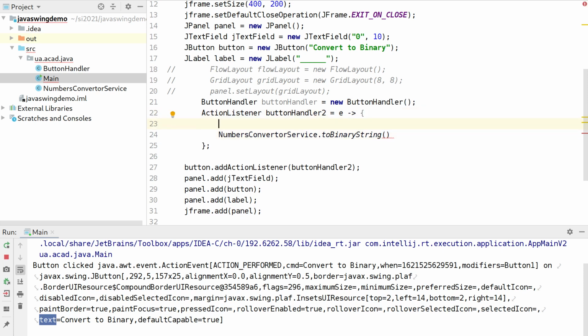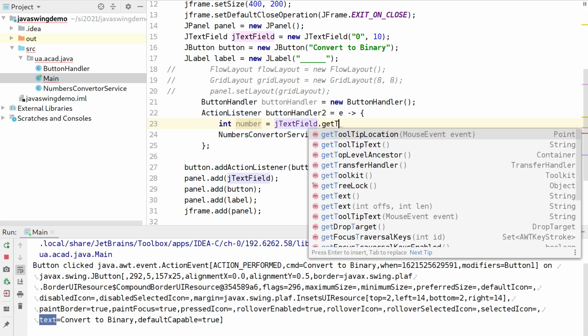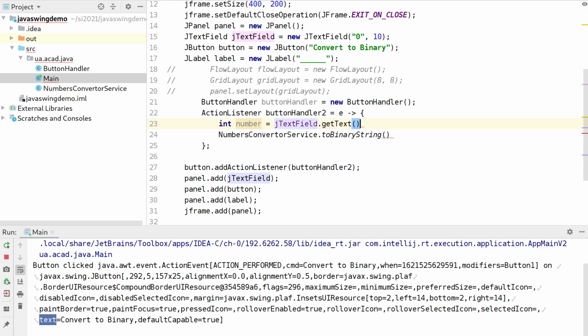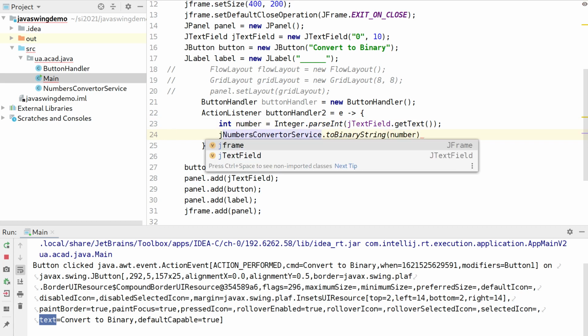We have to take some value. Where can we take this value? We have to take the number, and where will it come from? We take it from the text field, yes, JTextField, getText. We can take this text, but we have to convert it into a value. So what we'll do is Integer.parseInt, and we are doing this. We have the number, now we have the converter, number to string, and what we'll do, we use our label,